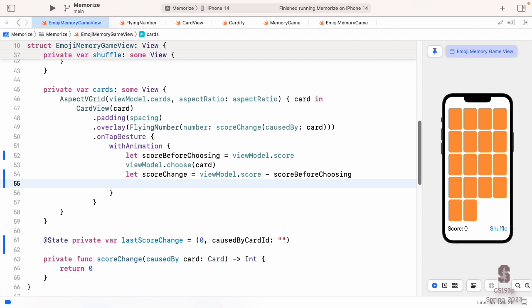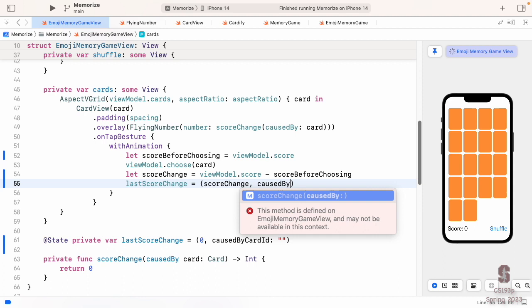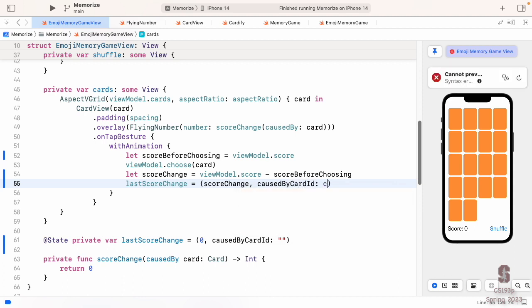Now that I have the score change and I know which card is involved here, right? I'm inside my aspect V grid. I'm obviously drawing the card with the card view card up there. I know which card it is. Now I can say that my last score change equals the score change and caused by card ID, the card's ID. So this is how we assign the value of a tuple.